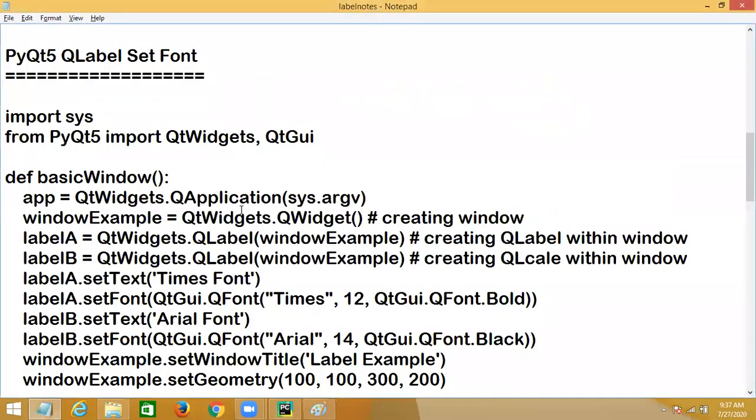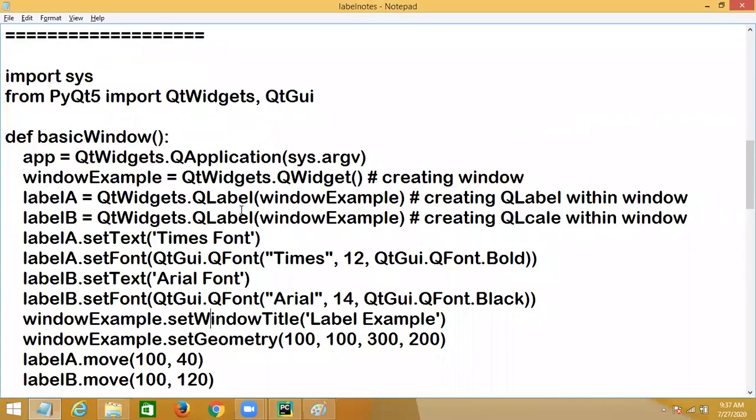Okay, fine. Now this is changing the font. I set the window title, that is label example, and then I set the size of the window. This is the X and Y position of the window, this is the width, and this is the height, and where you want to place these labels. See here, X position is 100, Y position is 100.